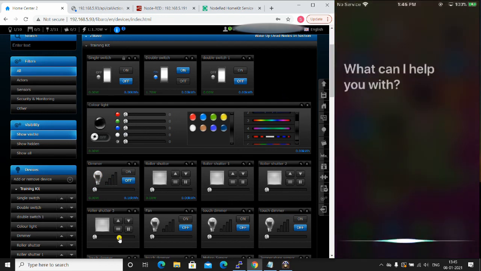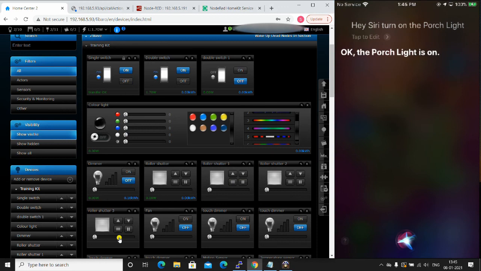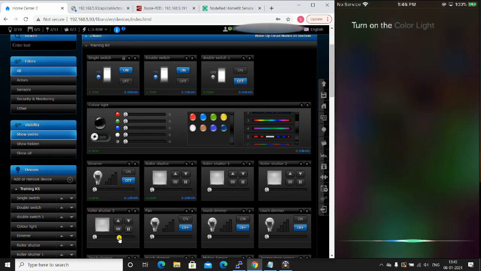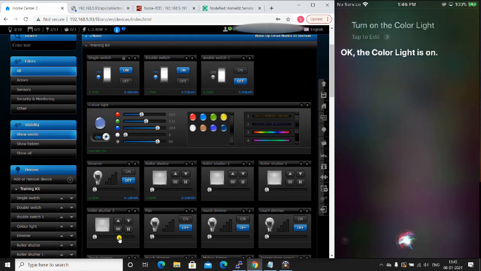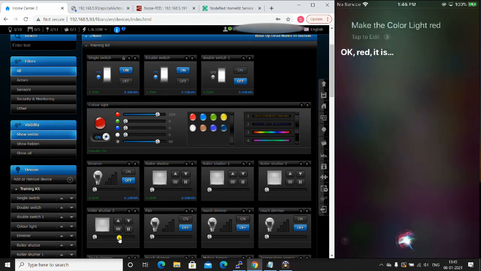So now let's have fun with Siri. Hey Siri, turn on the porch light. Okay, the porch light is on. Color light. Okay, the color light is on. Make the color light red. Okay, red it is.